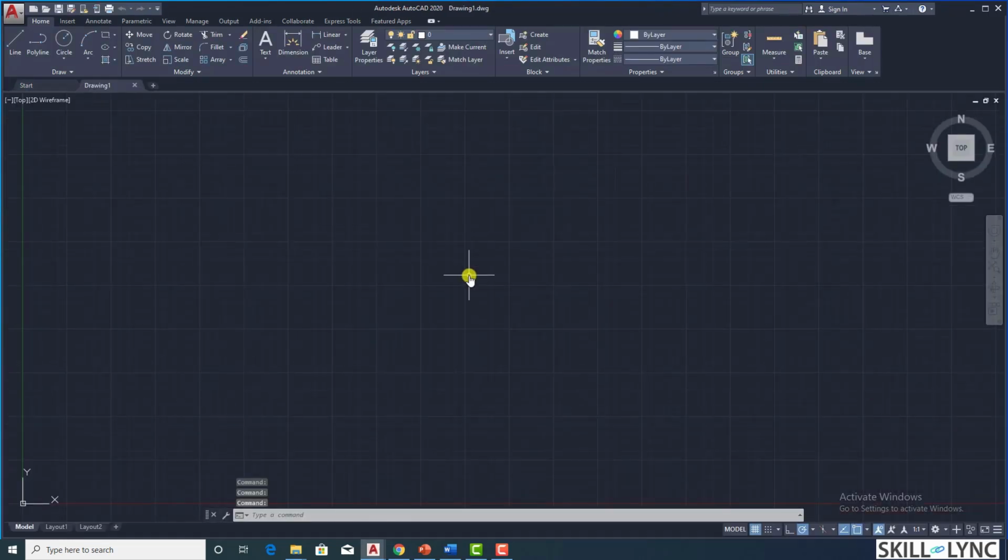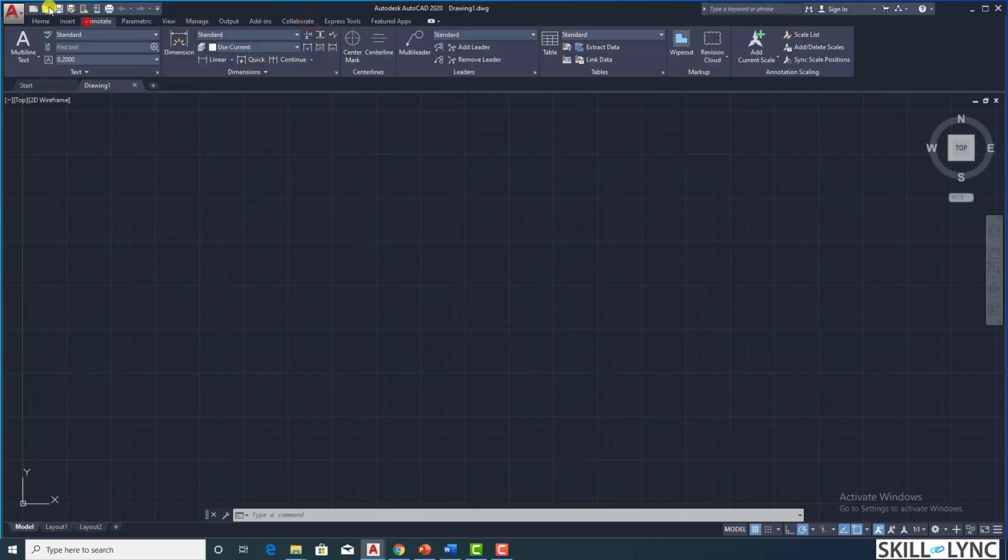This will create a new empty drawing for us, and as you can see here, we have an array of icons, menus, different tabs, a command space, and so on. Let's view each and every one of them. The first thing we observe is the workspace area of AutoCAD.